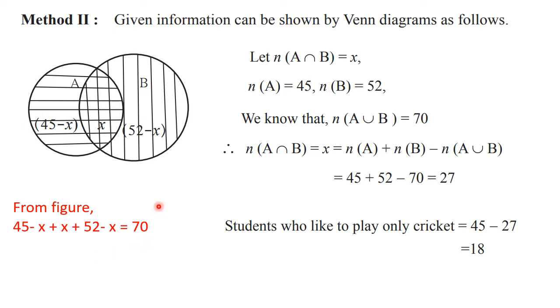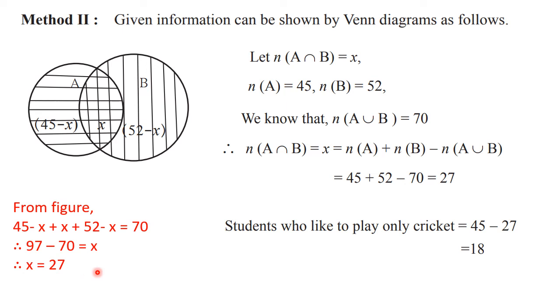And let us shift this 70 to the LHS, and this minus X we will shift to the RHS. So the next step will be like this: 97 minus 70 is equal to X. See, 45 plus 52 is 97. This plus 70 shifted to LHS became minus 70, and these two are cancelled, plus and minus. And this minus X shifted to RHS, so became plus X. So 97 minus 70 is equal to 27. Value of X is 27.